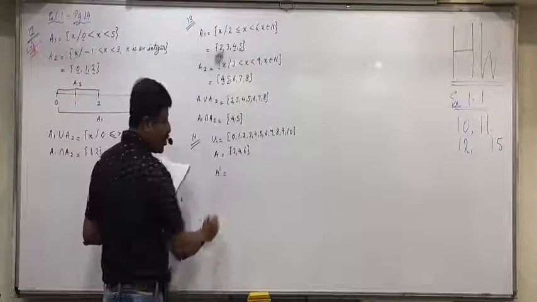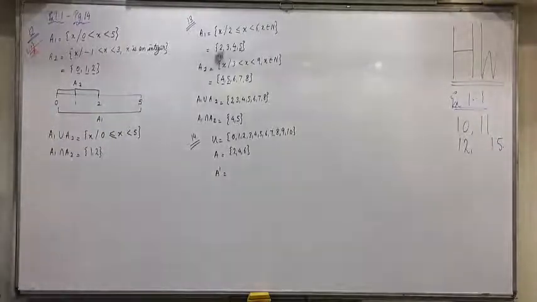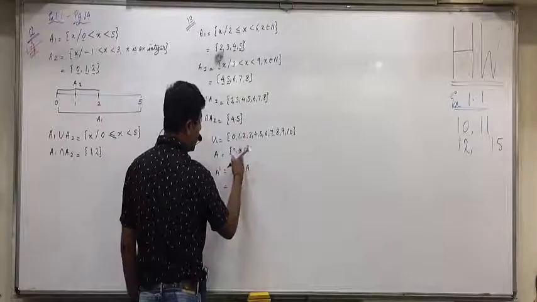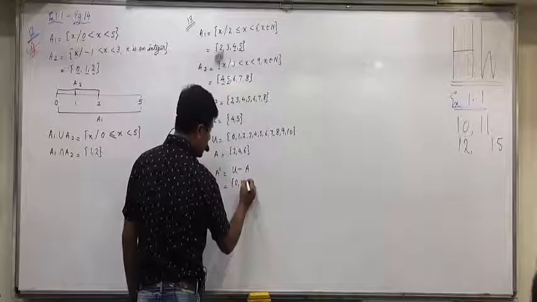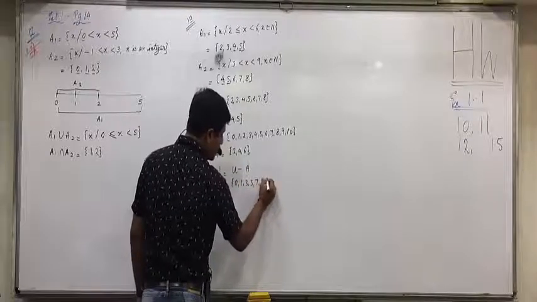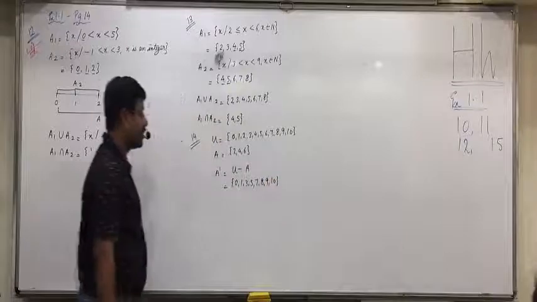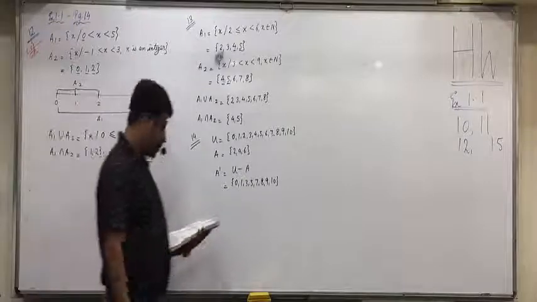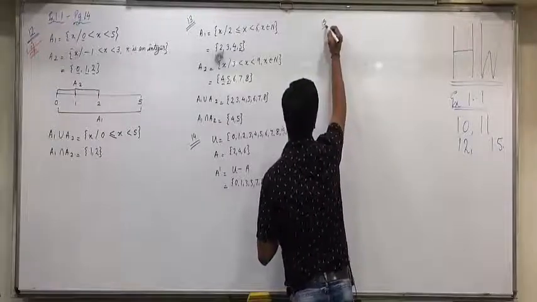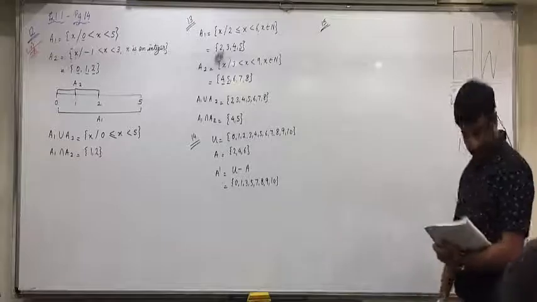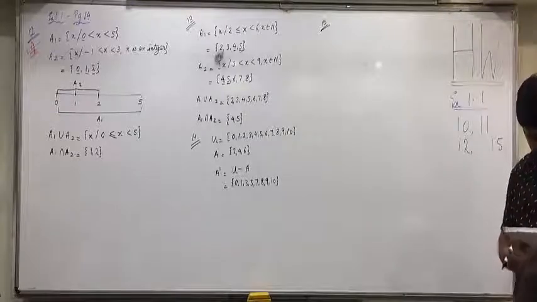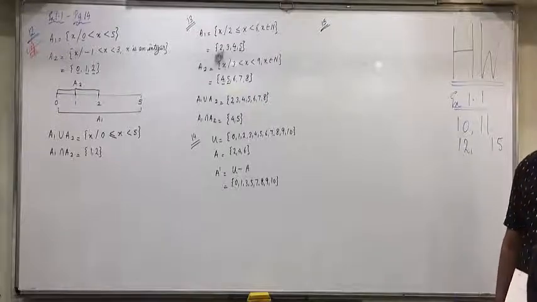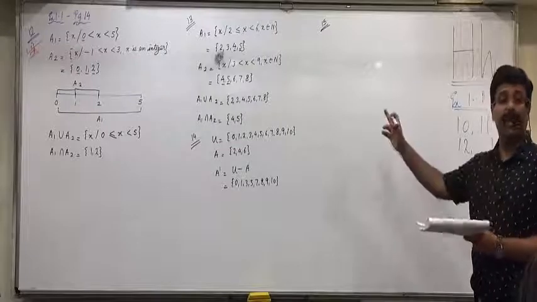Now what we have to find is A complement. Today itself we have seen the formula. How will you find A complement? U minus A. So if you subtract 2, 4, 6 then 0, 1, 3, 5, 7, 9, 10. Is everyone clear with the 14th question? Yes. 15th. Who all are still writing up till 14? Raise your hand. Completed everyone?